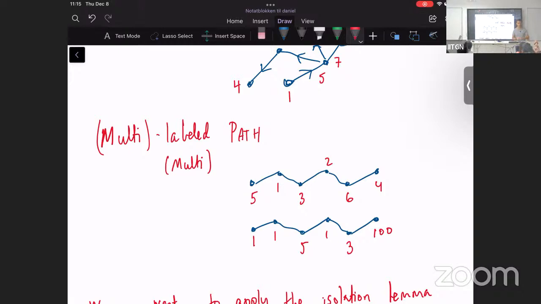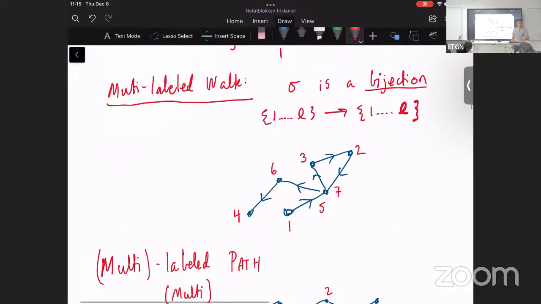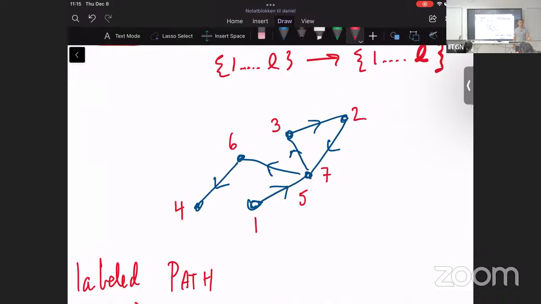The example of what would be a multi-labeled path. So the top one is the multi-labeled path, the bottom one is a labeled path. In this example, it's not a multi-labeled path, it's a multi-labeled walk. There is a subgraph that, yeah. No, but the important thing is that